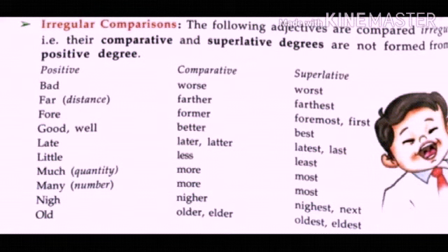Now we are going to take the information about irregular comparison. The following adjectives are compared irregularly. Their comparative and superlative degrees are not formed from the positive degree. For example, bad, worse, worst, far, further, furthest, fore, former, foremost, good, well, better, best, late, later, latest,